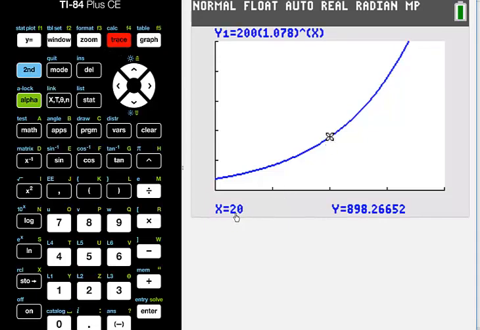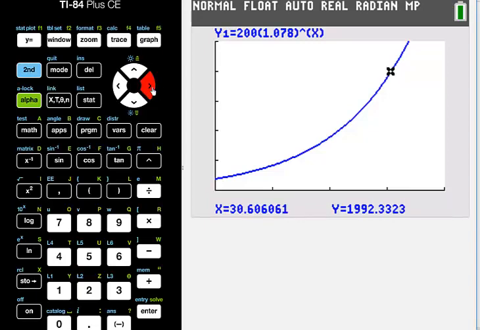And this particular point is x equals 20. That would be the year 2020, right? 20 years after 2000. And my population is close to 900. Well, I think if I just start hitting that right arrow, I'm going to start moving up that graph. And notice my population number keeps getting higher and higher. Well, I'm just going to click that until I get close to that 2,200 mark. This is not super accurate, but I think since we've been rounding our years to the nearest whole number, for now this is going to be good enough.